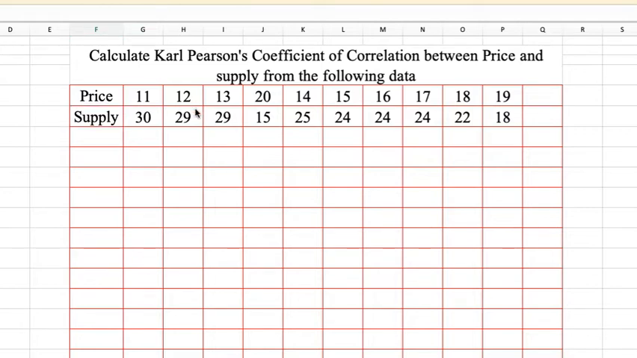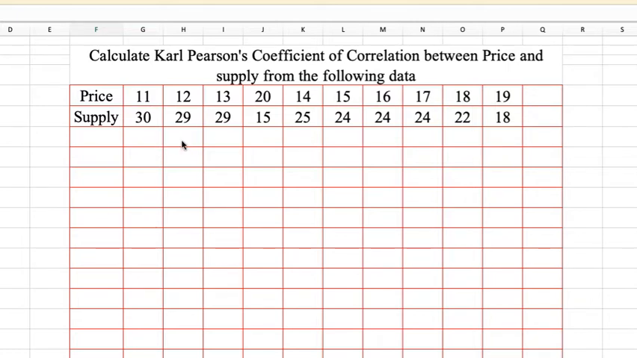But this condition is a little difficult to assess. It is a little difficult to check normal distribution for this data, and mostly we use one test, which is called the Shapiro-Wilk test of normality, which is done in Stata. And now, what we are going to do is calculate here Karl Pearson's coefficient